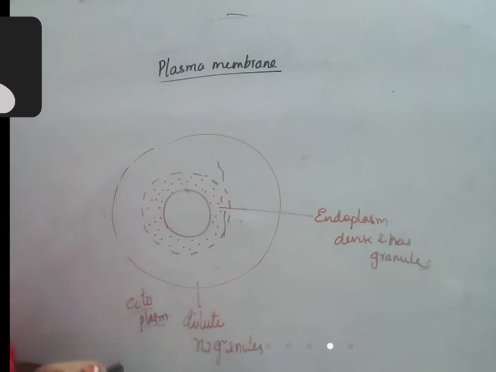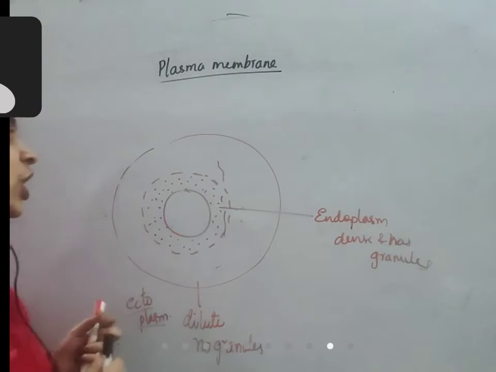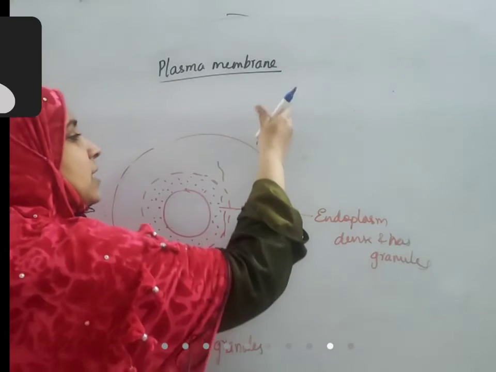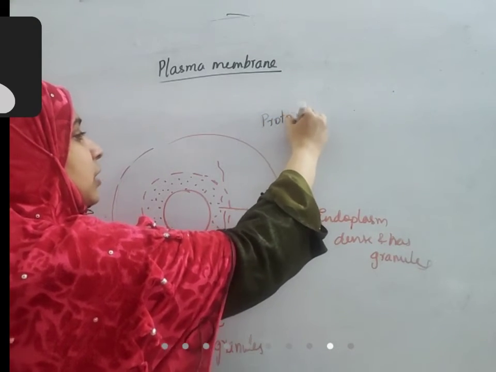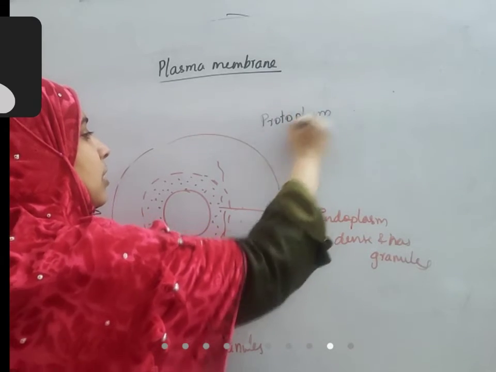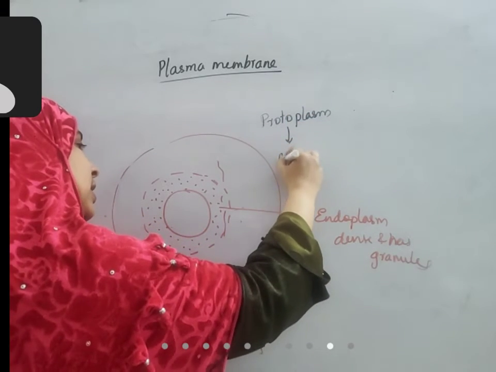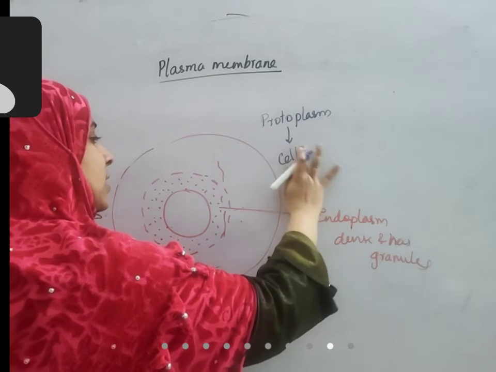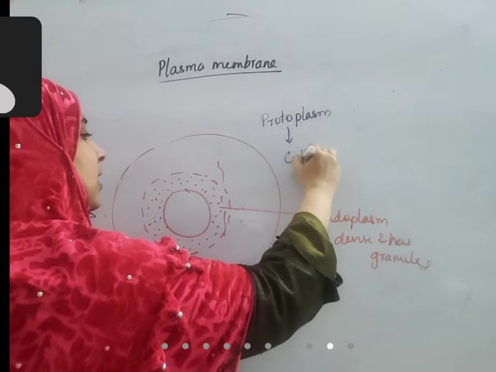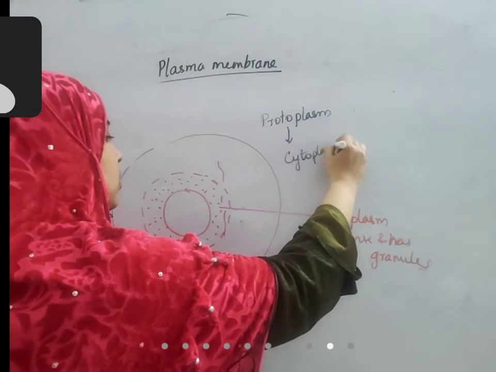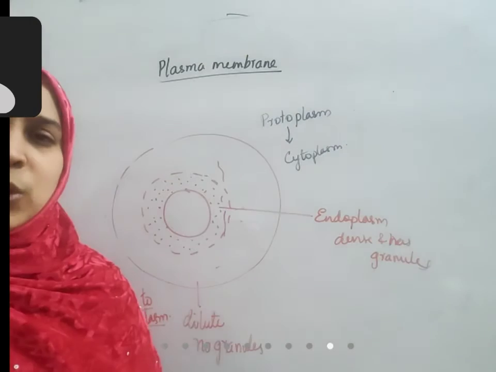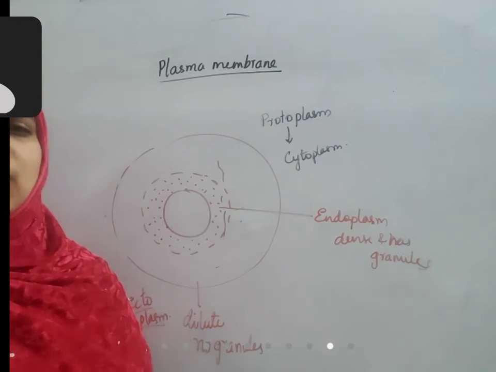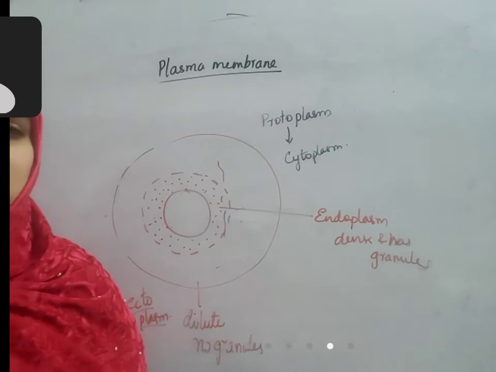Ectoplasm. Okay. Cytoplasm was initially called protoplasm because it was believed to be the reason for life. But it is now also called cytoplasm, cyto meaning cell, plasm meaning liquid. Both the terms are correct. You can use the word cytoplasm, you can use the word protoplasm. What is the function of this cytoplasm?